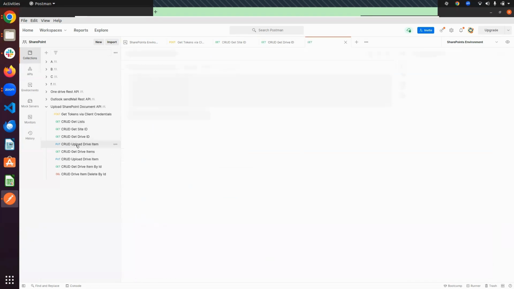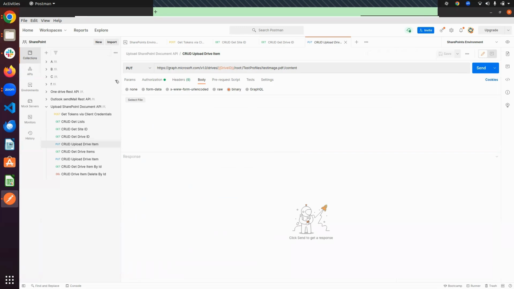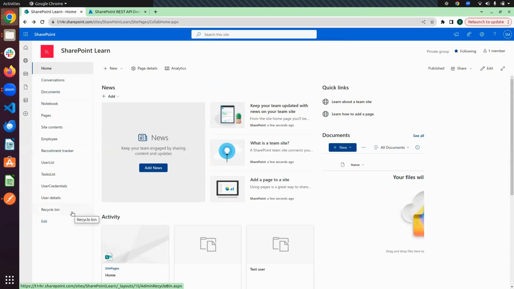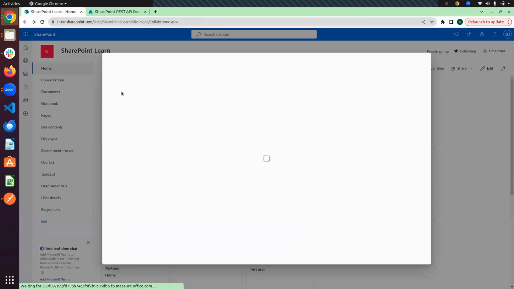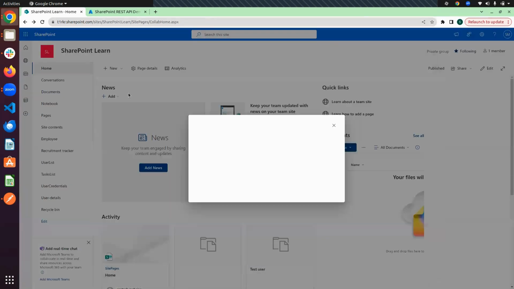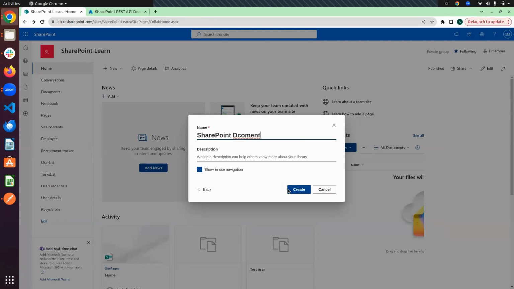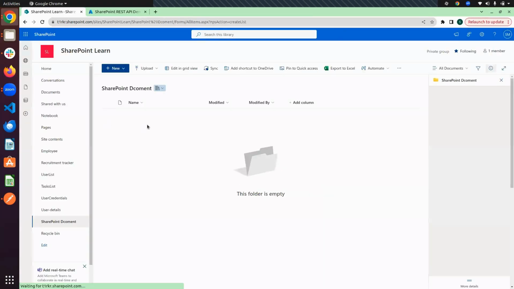Now our goal is to upload a document to a particular drive ID, right? Friend, this is my SharePoint site, and you can see my document library. If you need one more document library, for this we create one more. So click on this, choose a blank library, and give it a name, SharePoint. So friend, our document library is successfully created, right? Suppose we want to upload our document to this library.